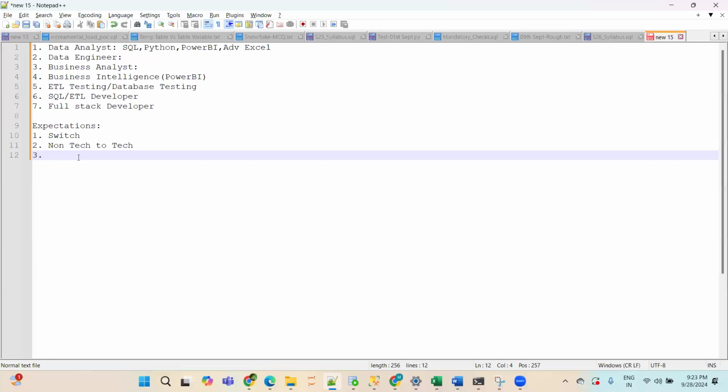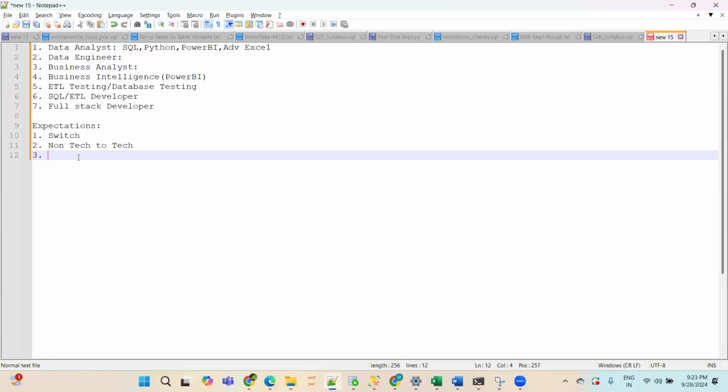And nowadays, compared to advanced Excel, Power BI is in huge demand. I'm not telling you advanced Excel is getting obsolete. No, advanced Excel is something we have to use in each and every job profile. But for a data analyst, if you're thinking, "I'm working on advanced Excel, that is sufficient," no, that is not sufficient. You should explore other areas as well. At least you should know Power BI, then SQL, Python as well.